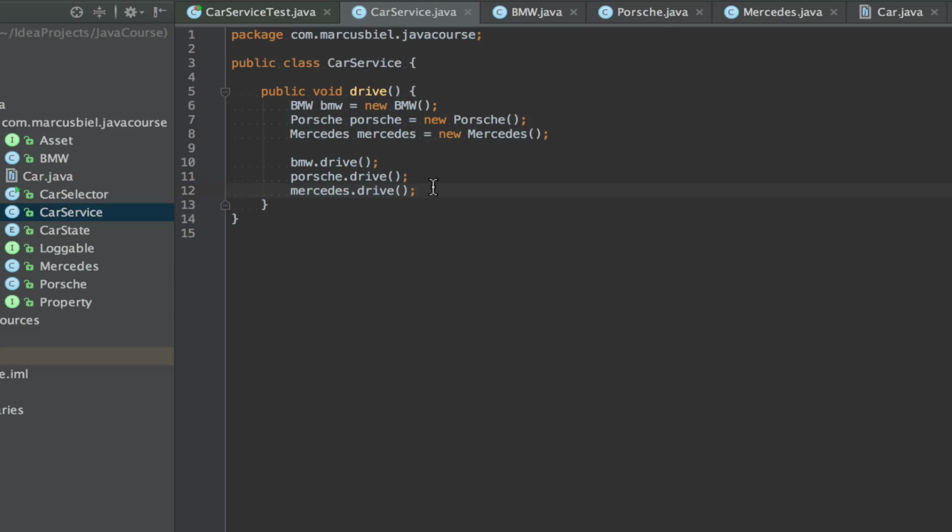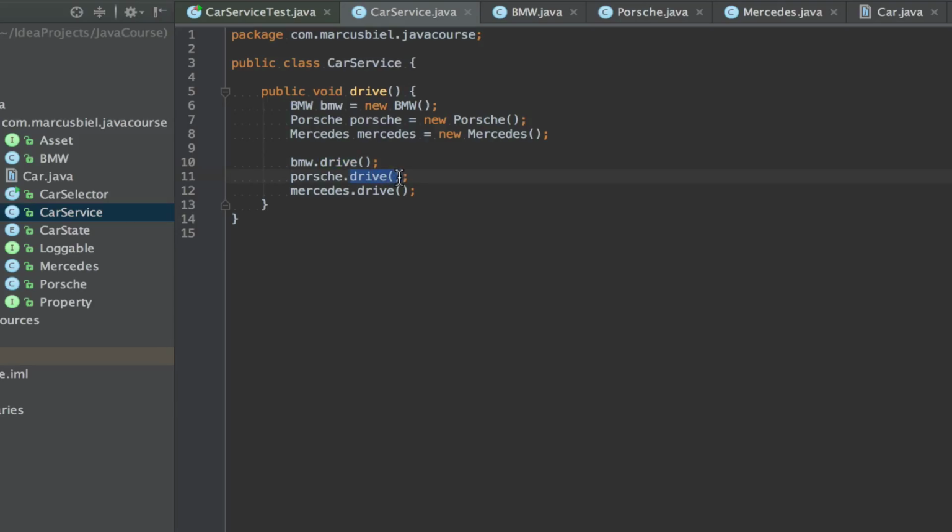Now, what is an interface? Well, an interface is also like an abstract type, a definition of what this type should be able to do. In our case, we have, and I'm already saying it, 3 different cars, and all these cars can drive. And you see it already, I have 3 different drive methods.